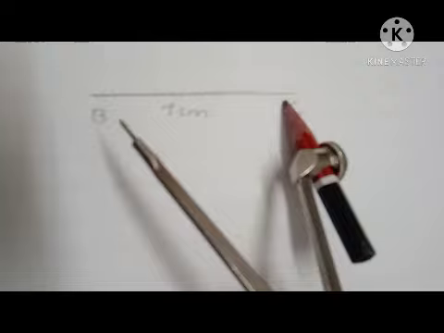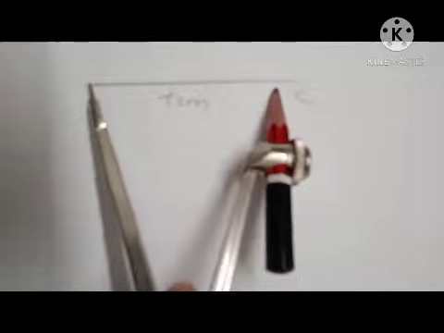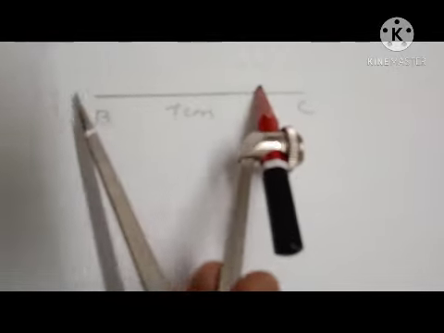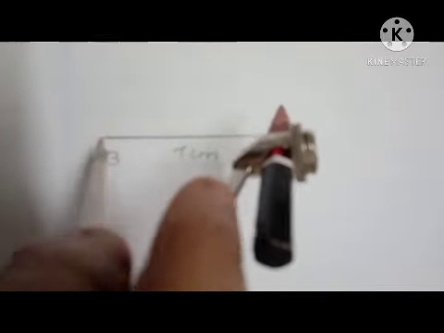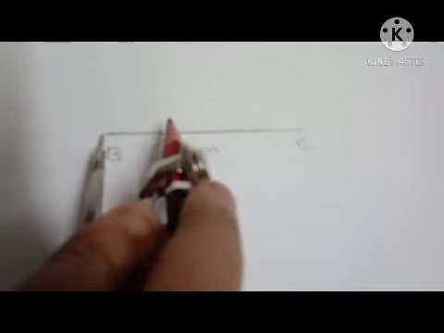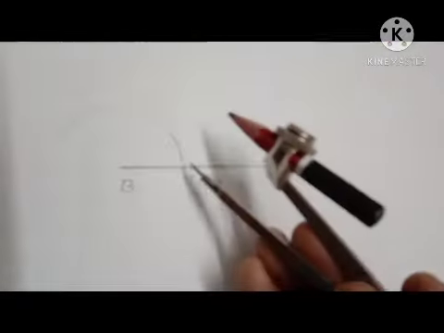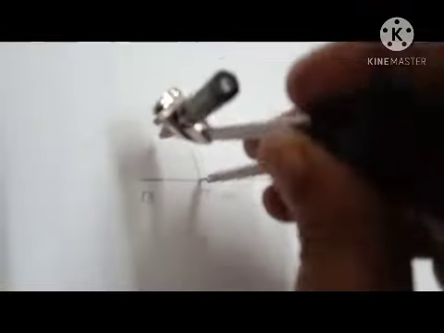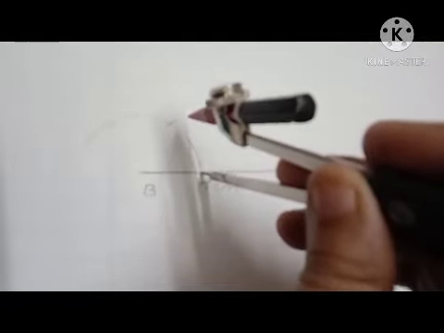Then we have to get angle B as 75 degrees. So using compass only, we have to draw that angle B as 75 degrees. For that, from B we have to draw an arc with any radius, by taking any radius with the compass. From B we have to draw an arc. But with the same measure we have to draw the arc from this point to here. Now we got it is only 60, but we have to get 75.